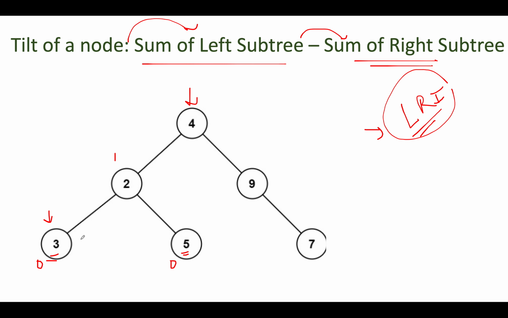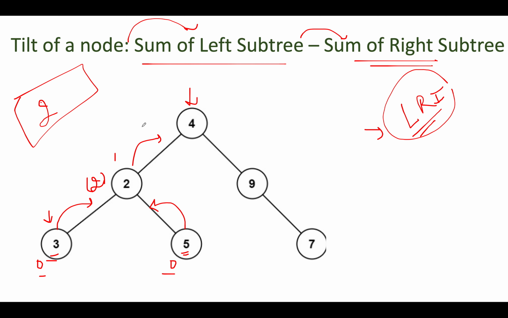Now comes the interesting case. We will return both the values, whatever total sum has been encountered here. Here the sum would come out to be 3, here the sum would come out to be 5, and we'll subtract these two. 3 minus 5 is minus 2. We'll take the absolute value and tilt for this node is 2. So we'll create a global variable and we'll add 2 to it because for these two cases it has been 0. And let's proceed ahead, and this subtree would return the complete sum of all the nodes, 5 plus 3 plus 2, which is 10. So 10 would be returned from here.